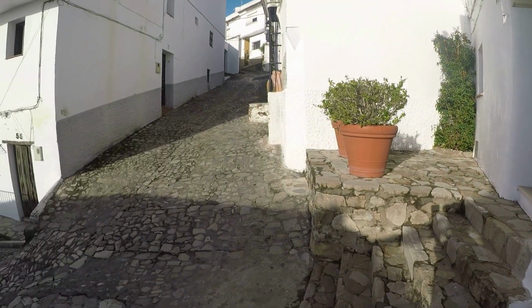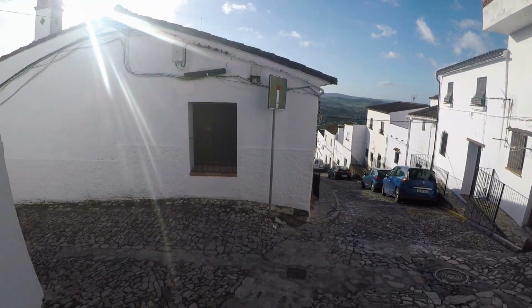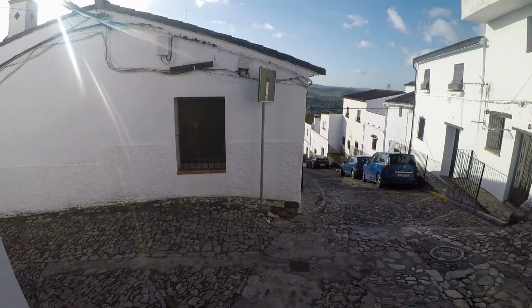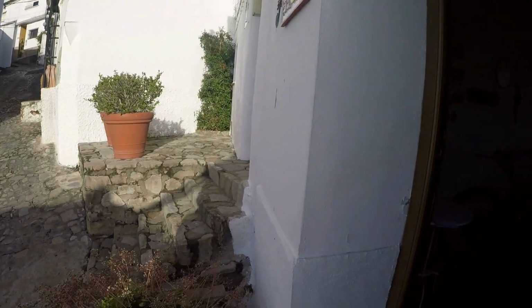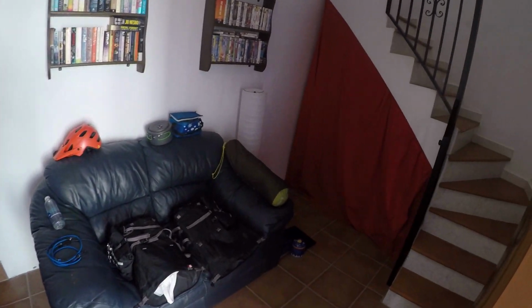It sits on the cobbled streets. This is the view from the front door. It's not noisy at all because the walls are so thick. The entrance via this door leads into a sitting room,